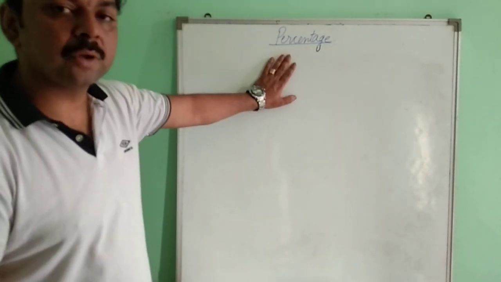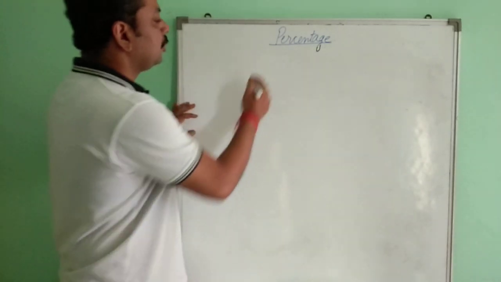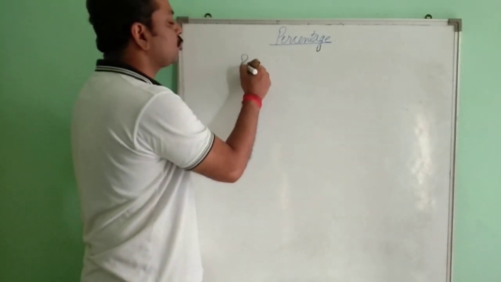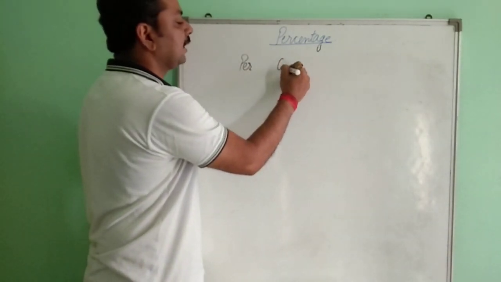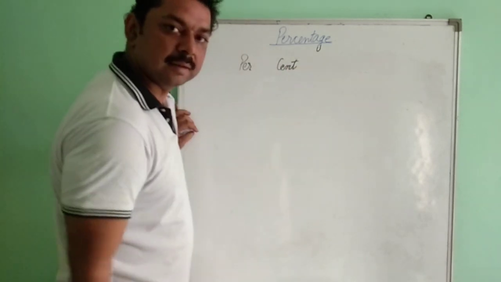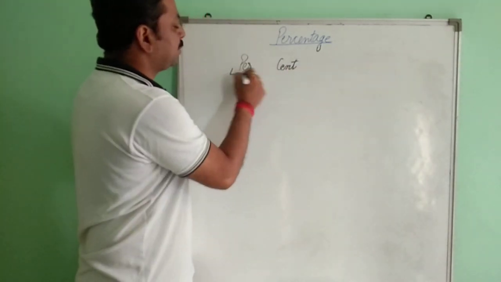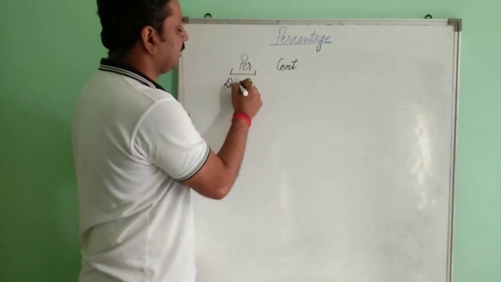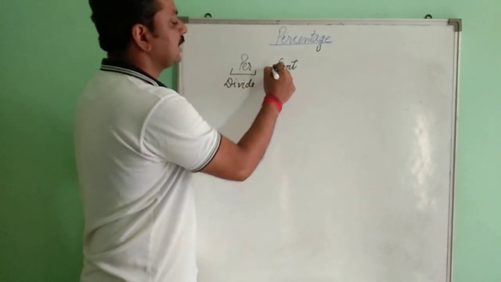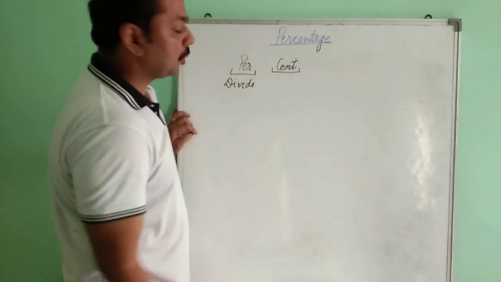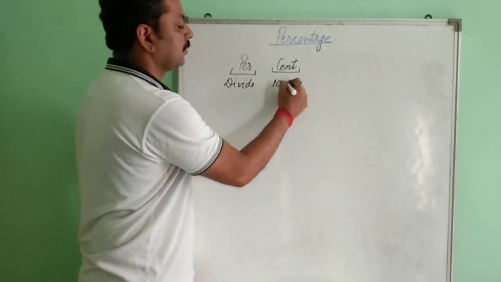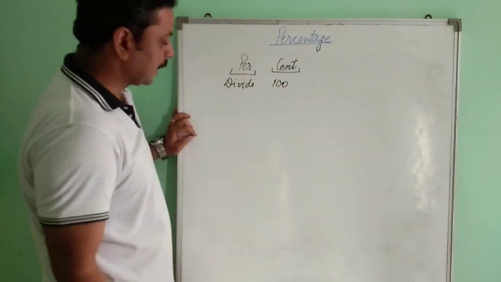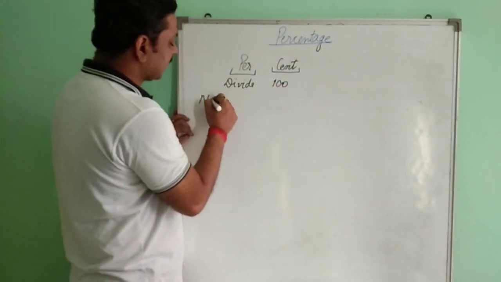Now when we are talking about percentage, the word itself is divided into two parts. One is per and the other one is cent. Clear? Per means divide, and cent means 100. Clear? Now, if we take an example over here,